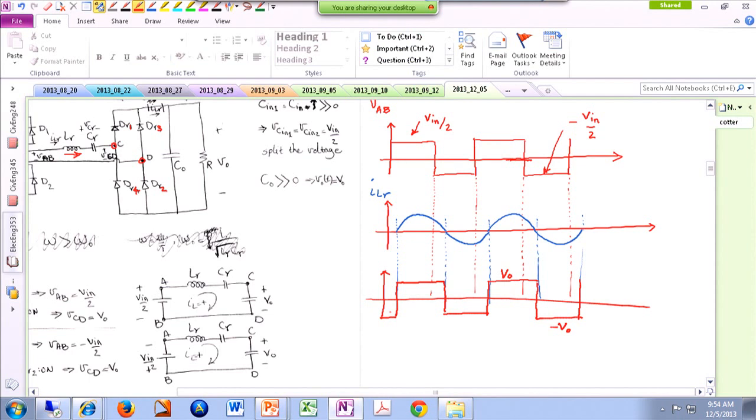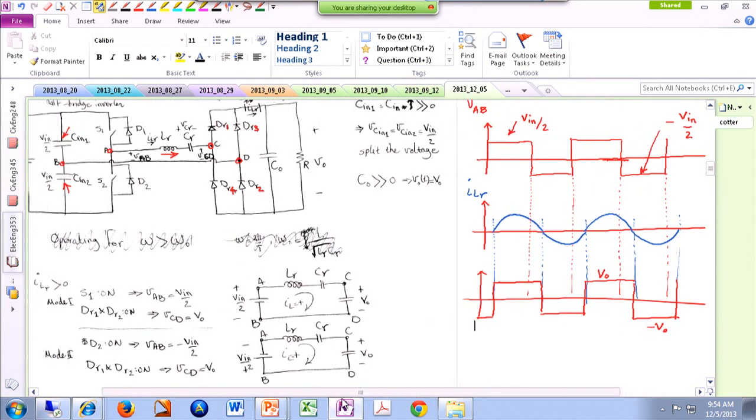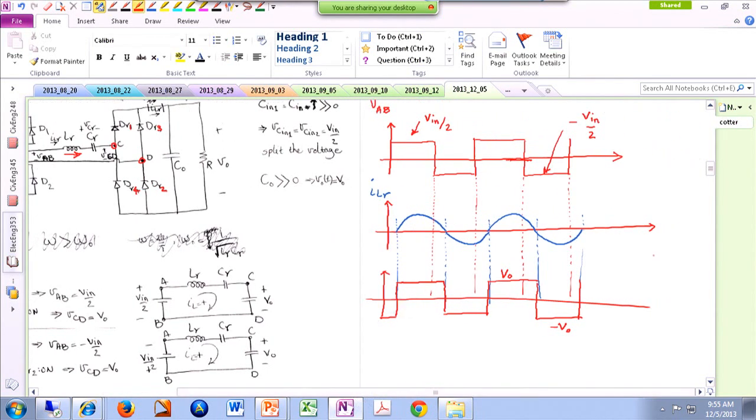All right, now, for instance, we were looking at the current of a particular switch. So I'm focusing on switch number 1. And by the way, I'm not including the diode in my switch. So when I'm looking at the current of this switch, I'm looking at this current over here, IS1. So if I'm interested in plotting that,